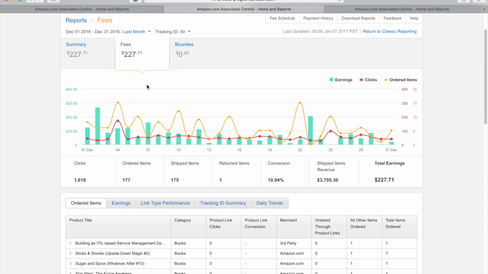But you have to remember, you don't get paid for the clicks. People can click it all day. It doesn't matter. They have to actually order something through Amazon. It doesn't cost them anything extra to actually buy something. It's just you get a referral fee for that. It's as simple as that.